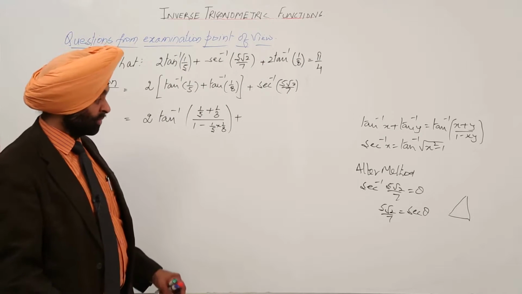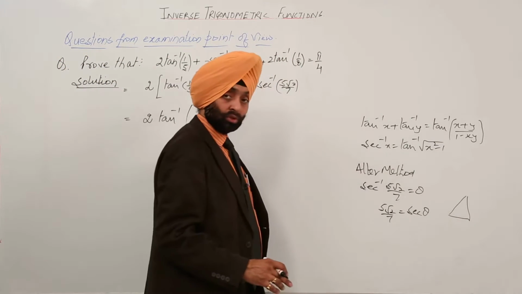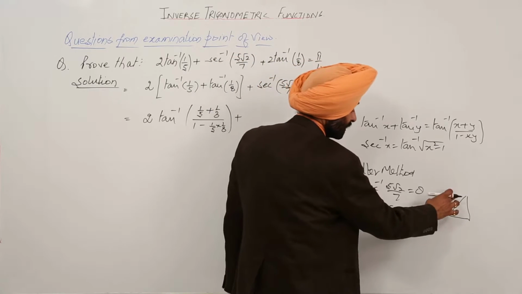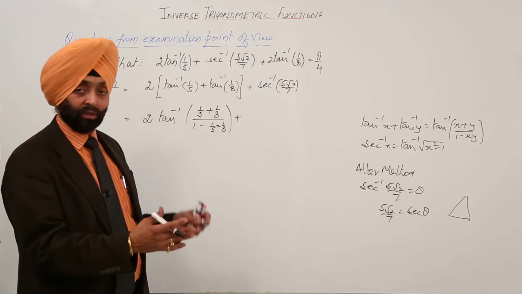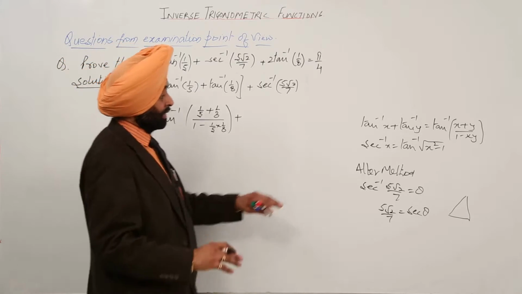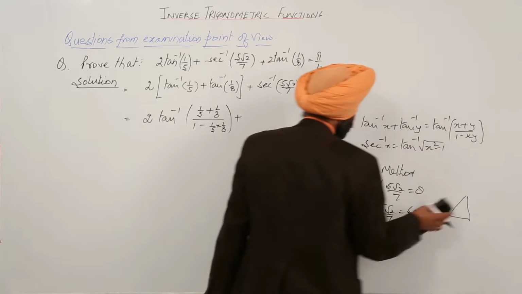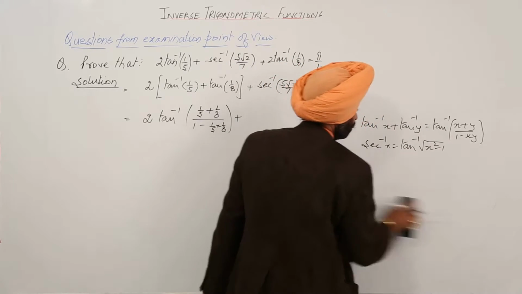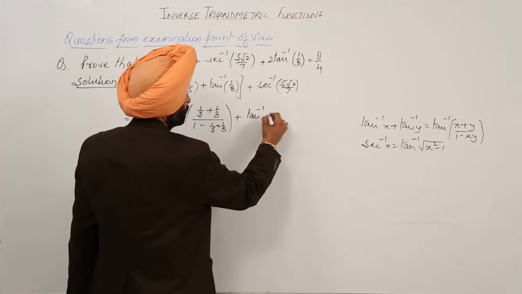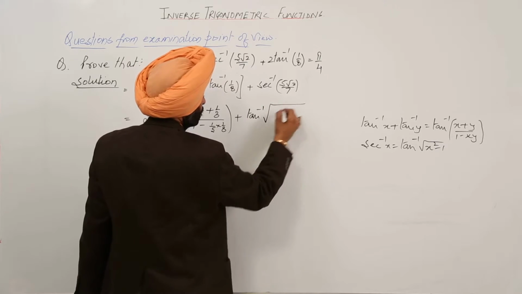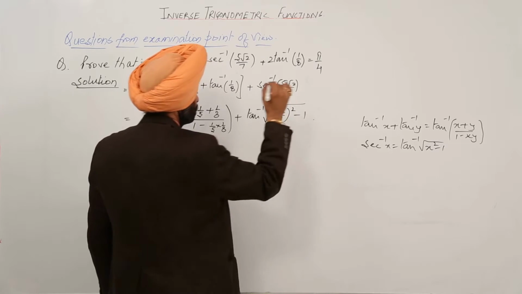Secant is what? It is the inverse of the cosine function. So cos theta is this upon this, and so cos theta will become 5 root 2 upon 7 inverted, that is 7 upon 5 root 2 for secant. Then you can use Pythagoras theorem, find all the sides, and convert this in tan inverse x. But I am using directly secant inverse x equal to tan inverse root of x square minus 1. One and the same thing. So now plus tan inverse under the root of (5 root 2 upon 7) whole square minus 1.